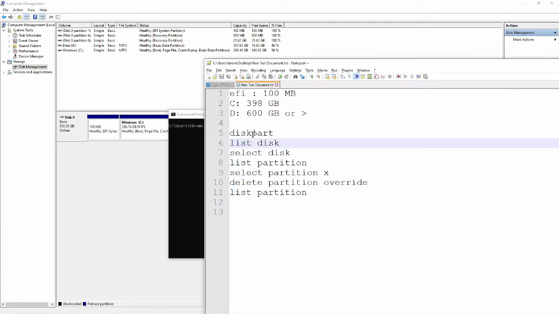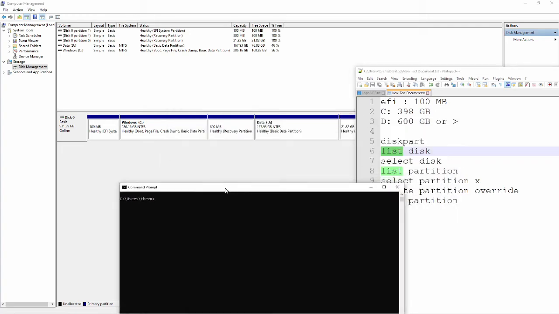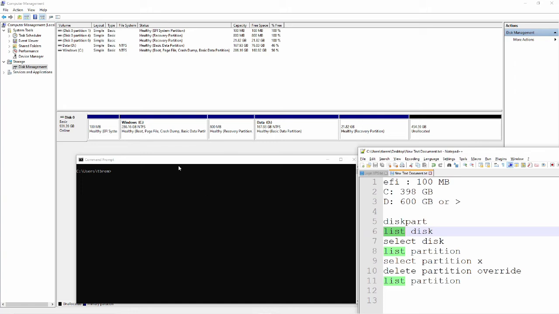I have noted down some commands. So the diskpart tool will list the disk, select the corresponding disk, then list the partition, select the corresponding recovery partition, then delete the partition. I'm going to follow these steps and we see in the background what is happening.